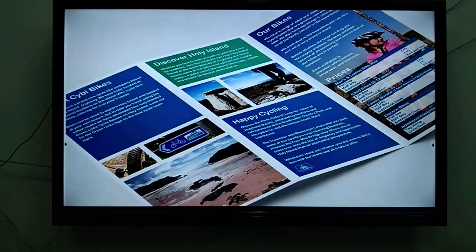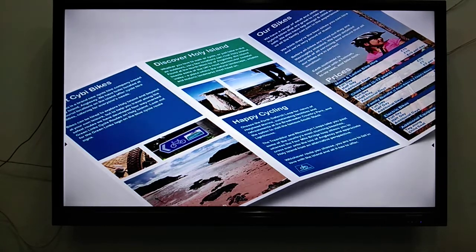Now, why am I telling you this? Now see, this is a brochure, and it has got 3 folds. Can you see the folds? 1, 2, 3. And this could be for a holiday. So you would like to distribute these only to people who are interested in holidaying or who would like to go for a holiday. So you may have cycling, and you can have some pictures or images of the sites that you would like to take them to, your prices, all these things would be there.